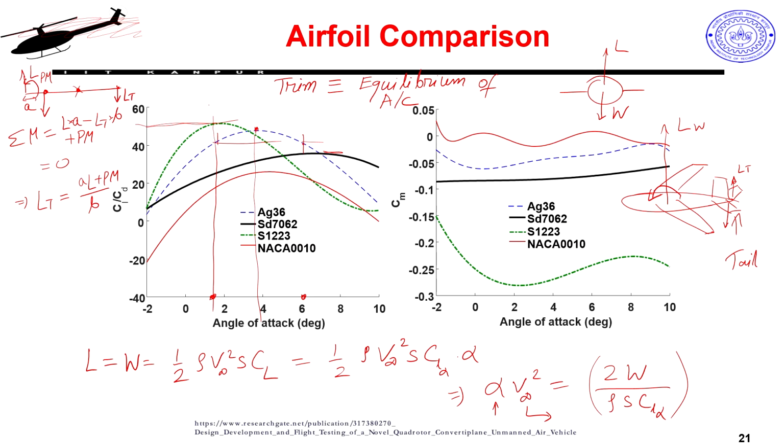So, now you can clearly see that if my pitch moment is more, I would require more L_t. If my pitch moment is less, I can do away with a smaller tail also. I am just talking in a very simple sense where I am not worried about other things. There are other factors also which may govern this.